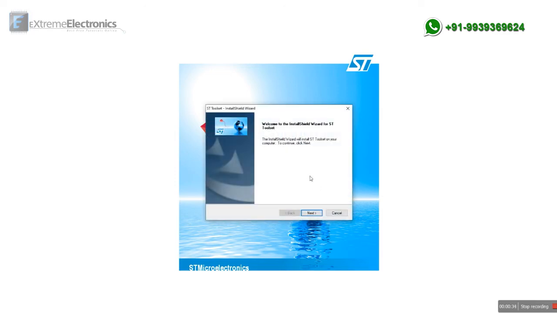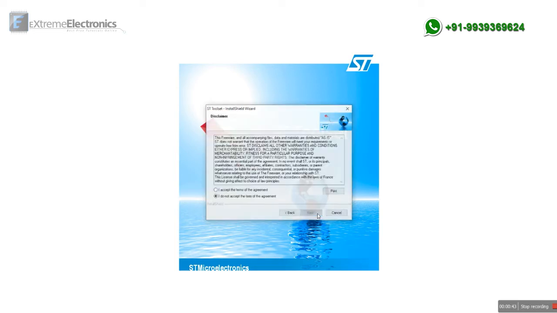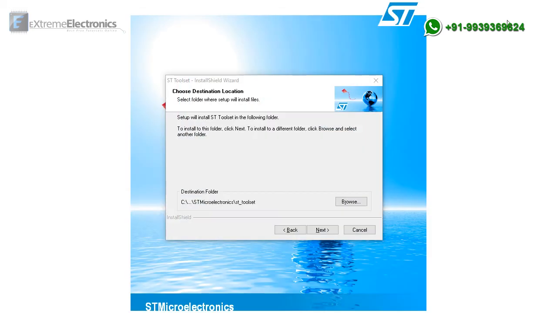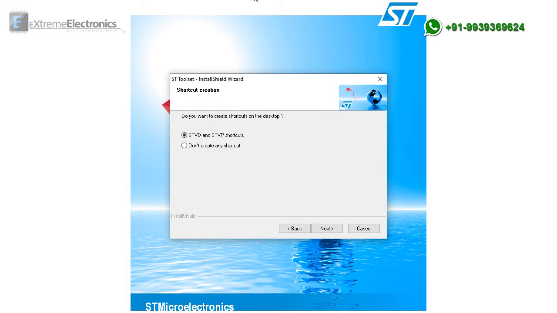This is the welcome screen, so just click next. Accept the terms and conditions and click next. Click next here. Leaving the default option, select the folder where you want to install the software and click next.